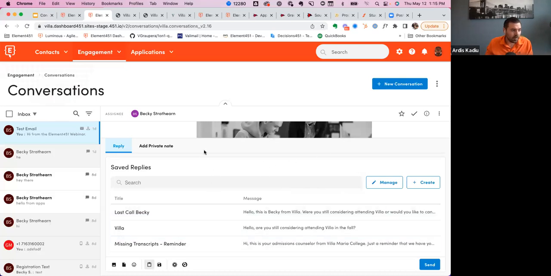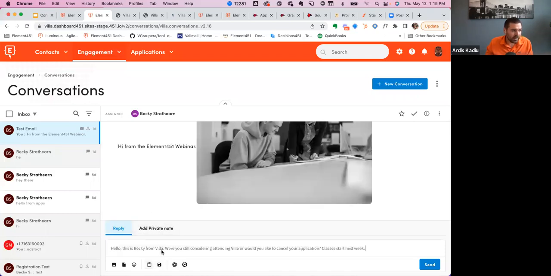All right, so while we're in the editor, we have saved replies, but also you can take a reply that you already have in the editor, and you can actually save that reply directly. So once you've started to put that reply together, you can save it, and that will make sure that it's there for everybody else to use as well.